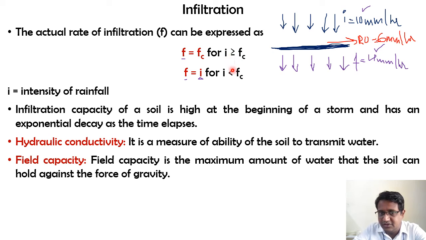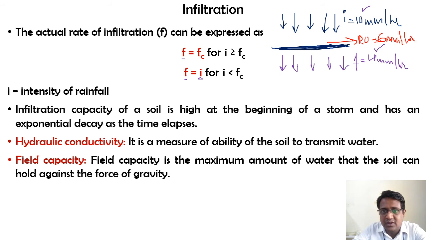So if I check this for the first equation, I is nothing but the intensity of rainfall. Here it is 10 mm per hour, right? So Fc or F is how much? Only 4 millimeters per hour. So your I is greater than F right now. At that point of time, what will happen? Your runoff is bound to be there. Try to understand this, your runoff is bound to be there. Similarly, if F is equal to I, that is, another case, if I make it with a different color, okay, here I'll write it on.